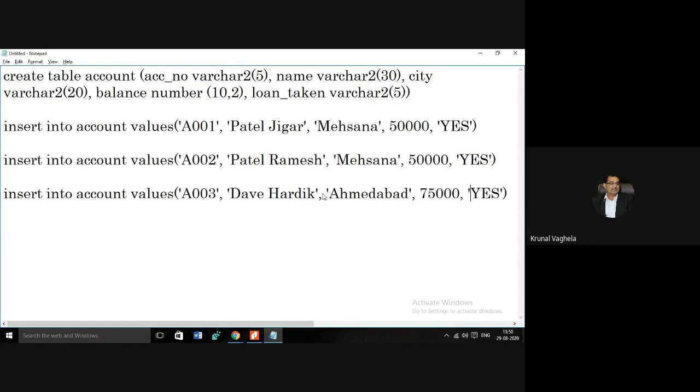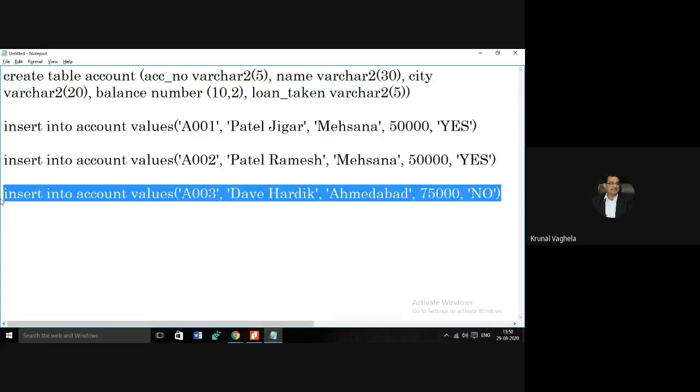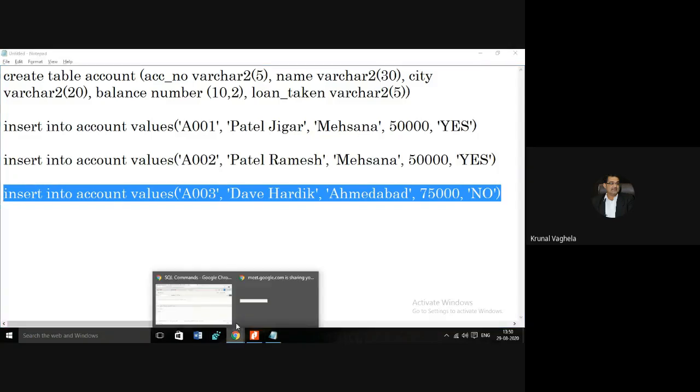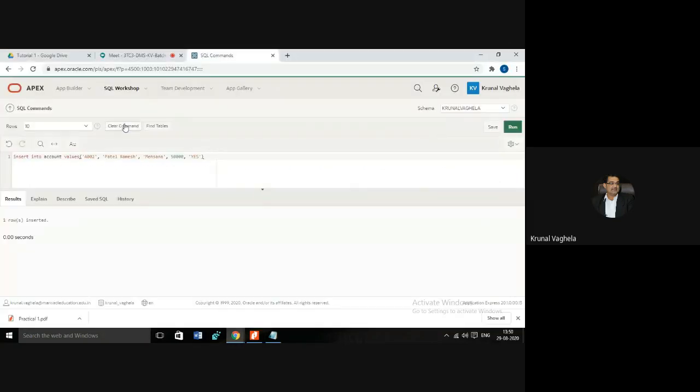And loan underscore taken. No. Control C. Clear. Control V. Run. One row inserted.